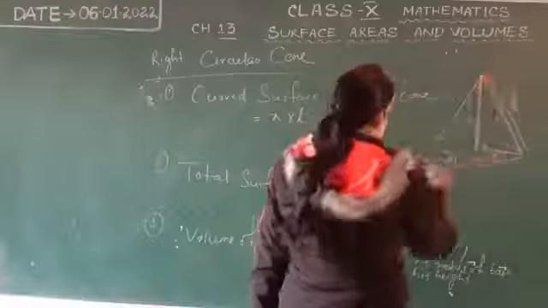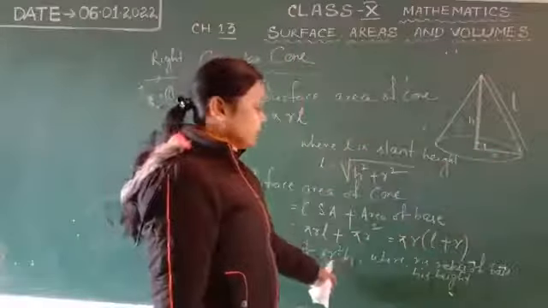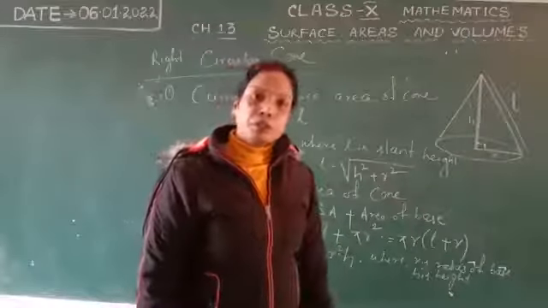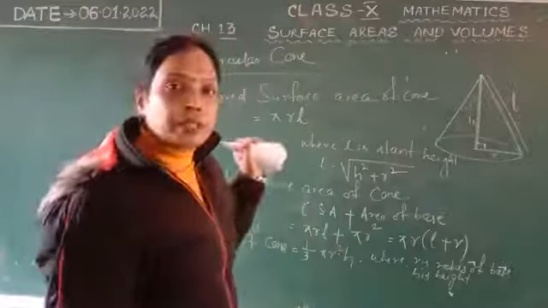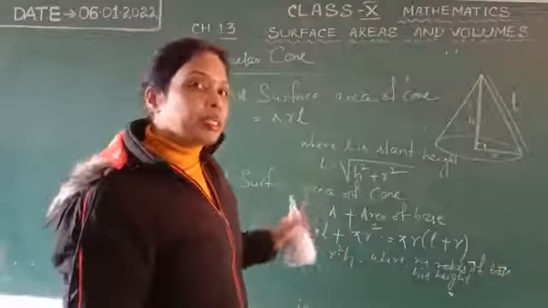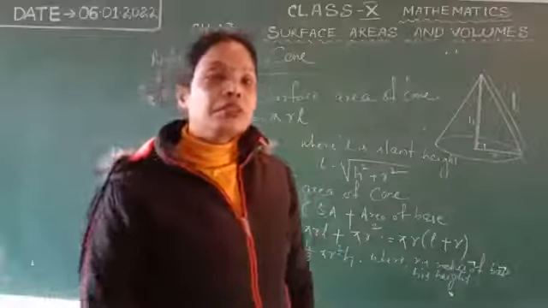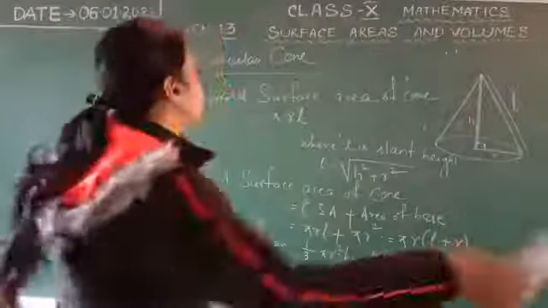So I think all of you know here L is the slant height, and r is the radius of the base, and h is the height of the cone. Okay. So these are the formulas to find the surface area and volume of a cone. Then come to the next solid, that is the three-dimensional shape, the right circular cylinder.